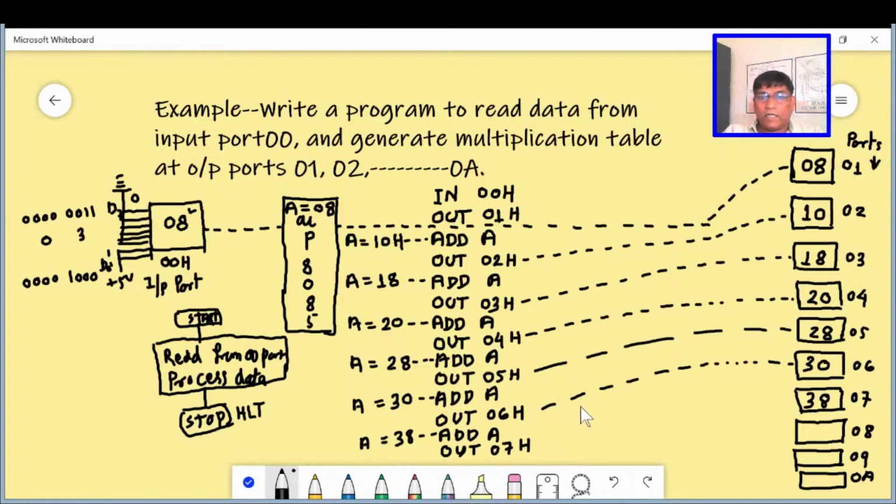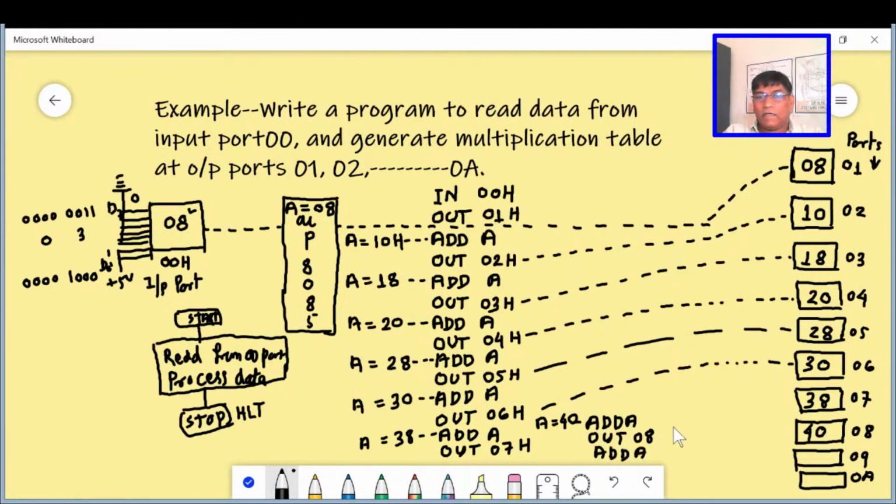After this instruction, again we have the addition, ADD A. After this addition the accumulator content will be 40, and then it should be output at port number 08, and after this OUT instruction, the 08 will contain 40.